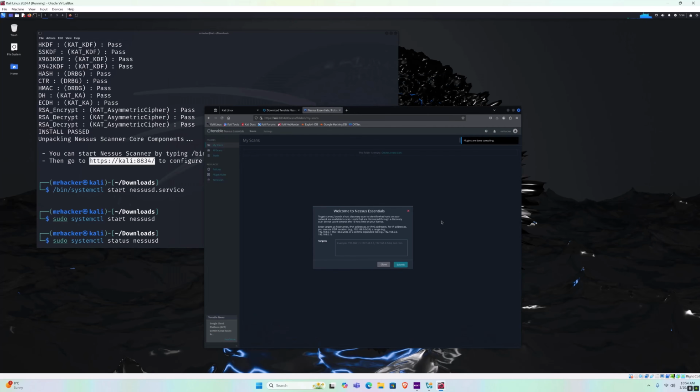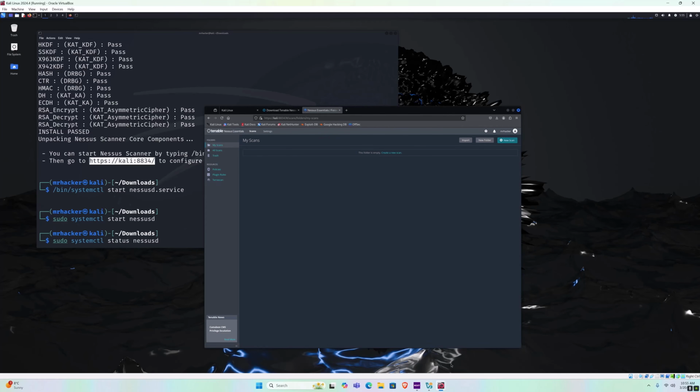And here it is. After like half an hour, we got plugins compiled, right? And it will open this window, which will prompt you for the targets that you want to scan. But remember, you can only scan 16 hosts with the free version, so don't go too crazy with this. If you plan on testing it on some other targets that you don't have available at the moment, for now, what I am going to do is I'm going to click on X right here